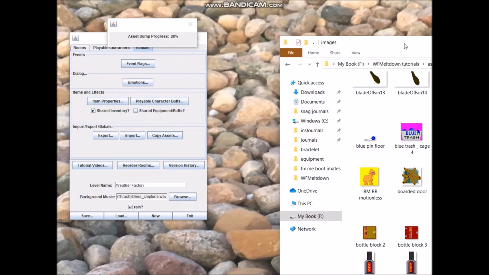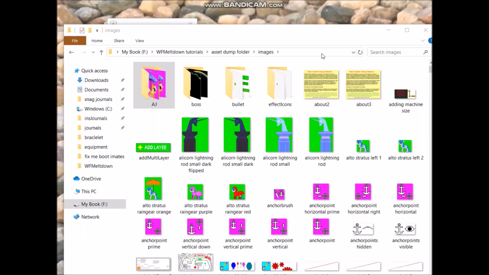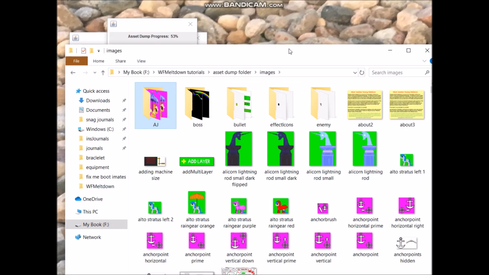So I think I'm going to pause my recording until this is complete. As you can see, it is also pumping out directories. I mean, it says it's only at 48% or 49%. It's probably printing out a lot of effect icons. In any case, it is mimicking the directory structure that exists within the game itself, and it's got plenty of other things,